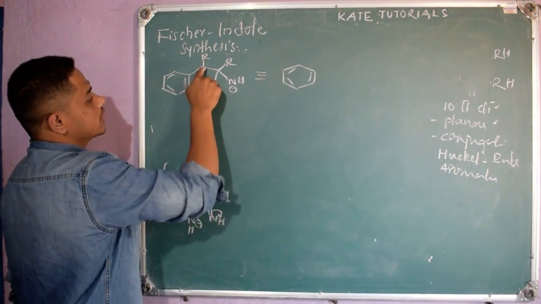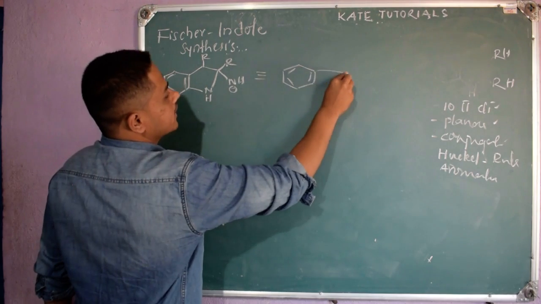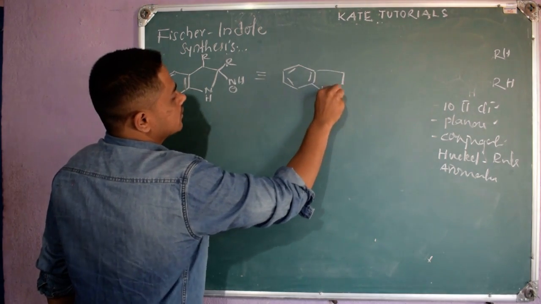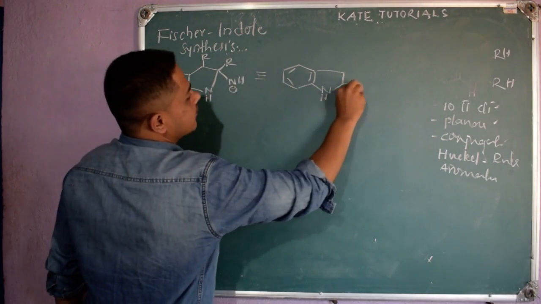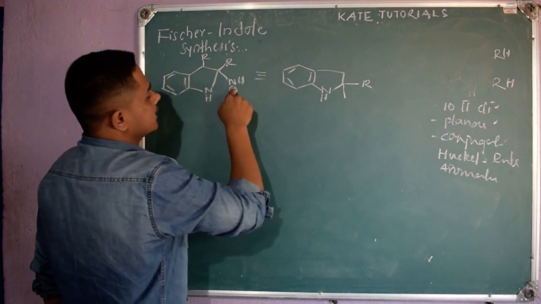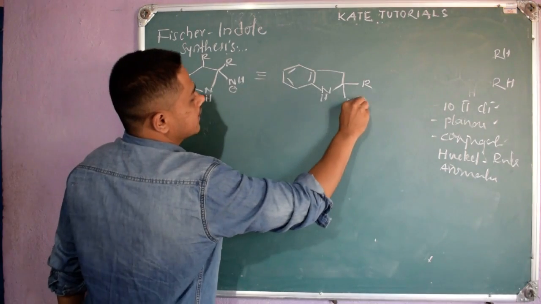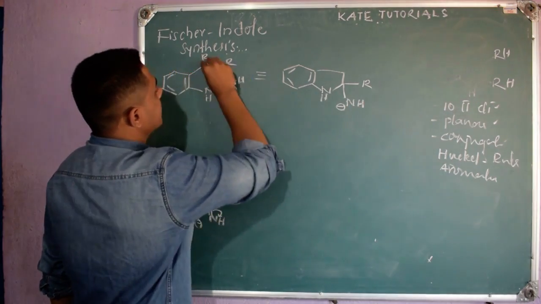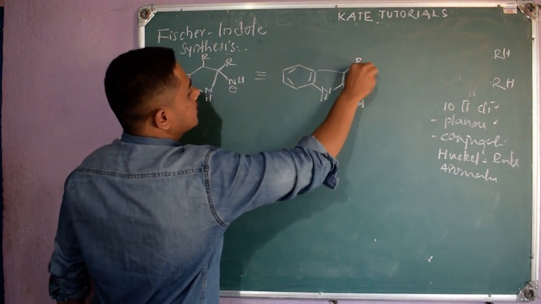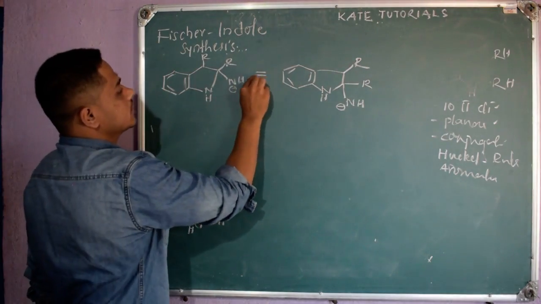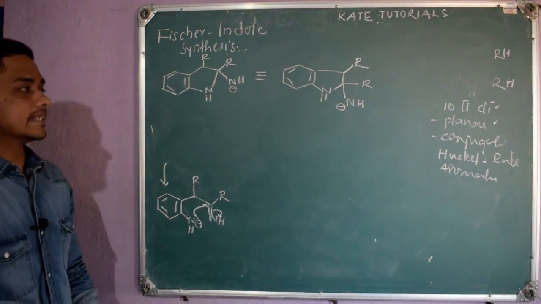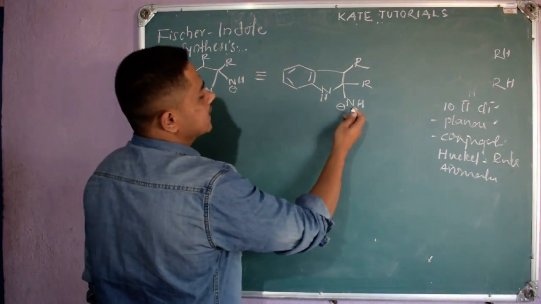See, everything I will keep as it is, I am just rearranging. So it is a 1, 2, 3, 4, 5 membered ring, right? So I will rearrange it nicely like this. Now see, it is a 5 membered ring. Next carbon, here we have R, and here we have NH minus, and this carbon R, right? So this is what we will get, right? Both are the same, I have just rearranged so that it looks nice. Further, this NH minus is there, right?